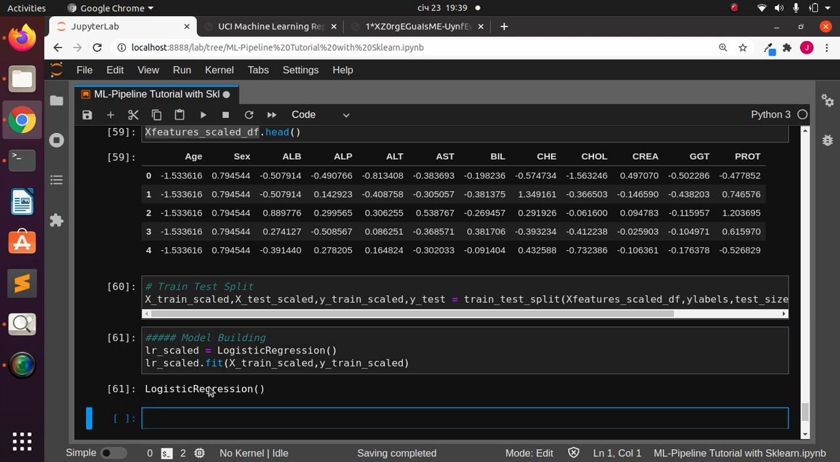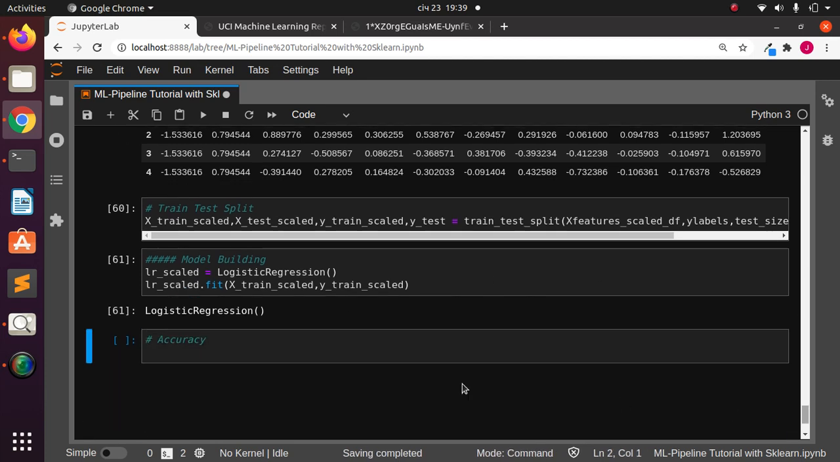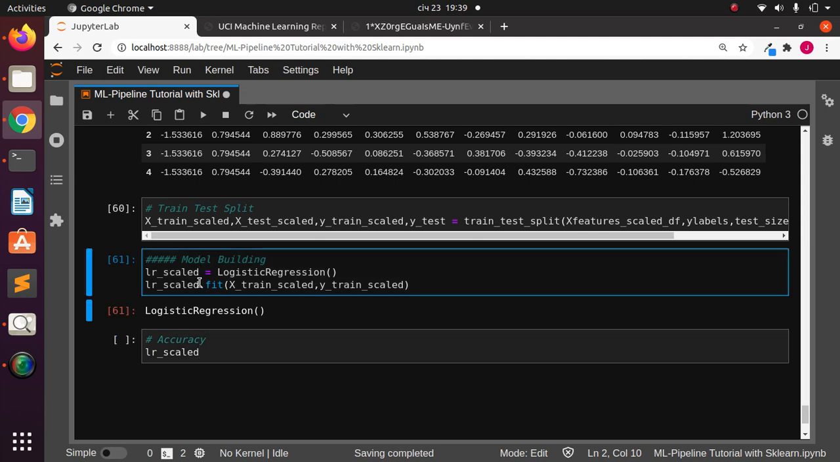So we run it like that. Now it's going to run it perfectly for us. And if I want to check for the score, I can just check for the accuracy using this particular option. Let's check the score for this, right? So LR scaled model, right? So yeah, let's make it like this,